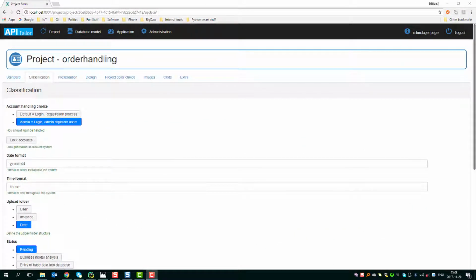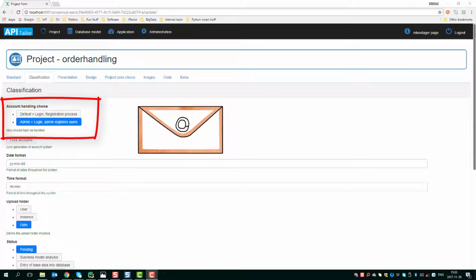The project classification has a number of choices. The first one is account handling choice, which by default makes the user able to register themselves. They will then get a confirmation email, and if they confirm that one, they are a member and can sign in. The admin, which is chosen here, means that